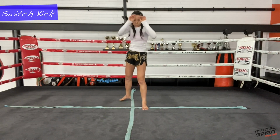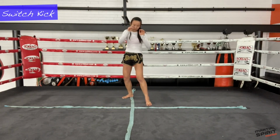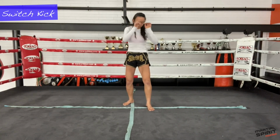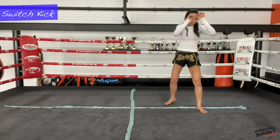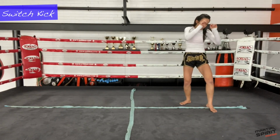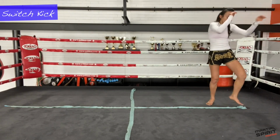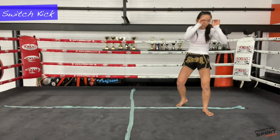Good stance. When you're ready, switch, kick, and back. I'll try moving to my lead side now. Take my steps, nice and slow, taking my time, no rush, kick, going again, switch, kick, all right. To my rear side, stepping,